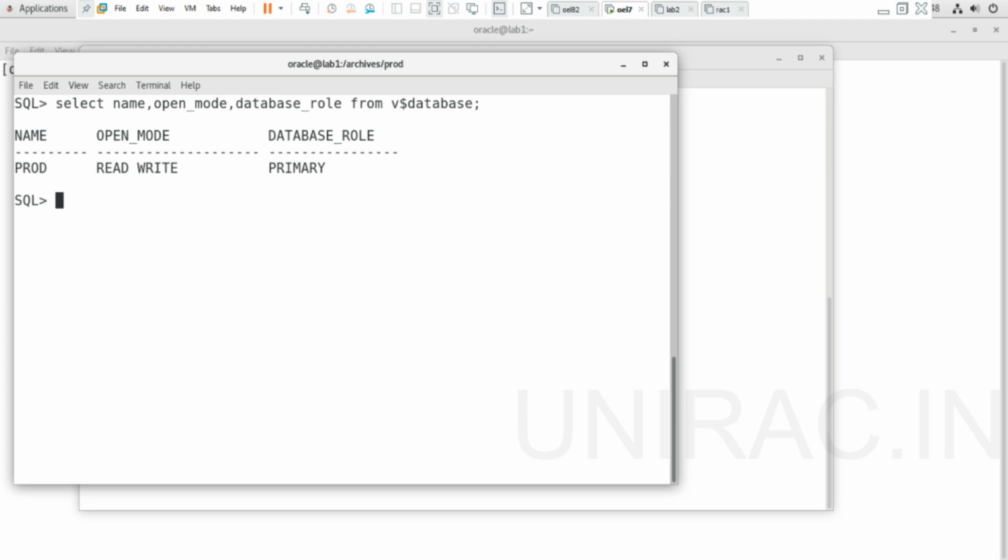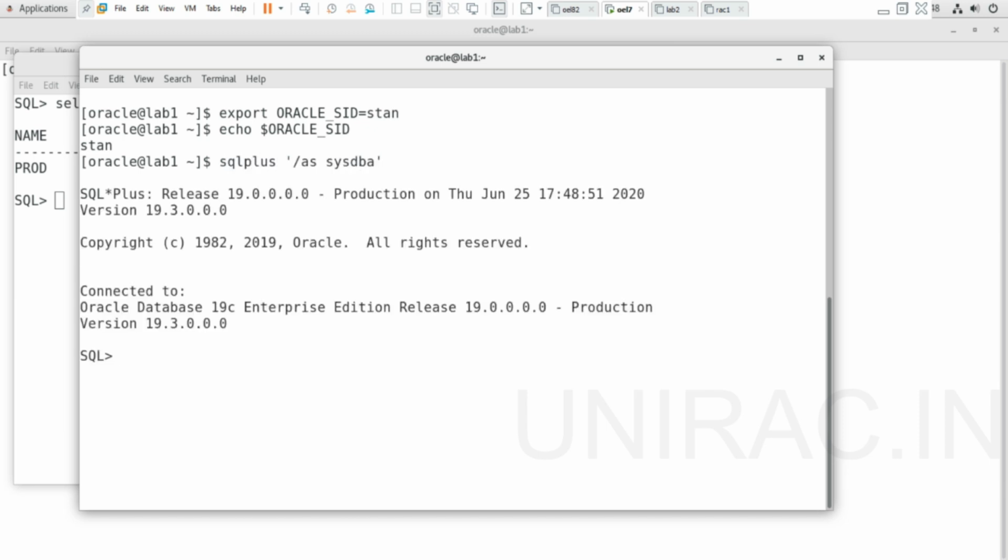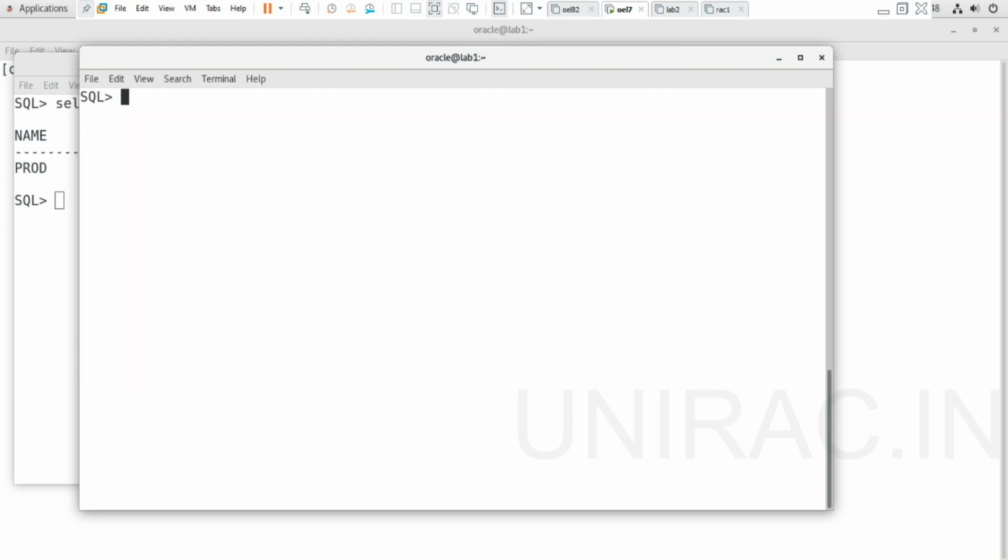Now let's go to the standby database and verify. Connect to your standby database. Verify using the echo command whether we are connected to the same one. Ensure that you use the export command to set the SID as well as ORACLE_HOME.